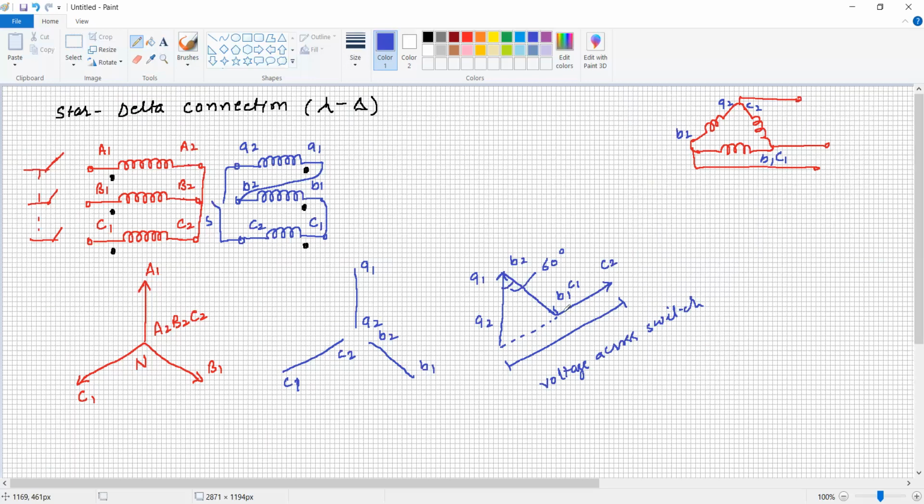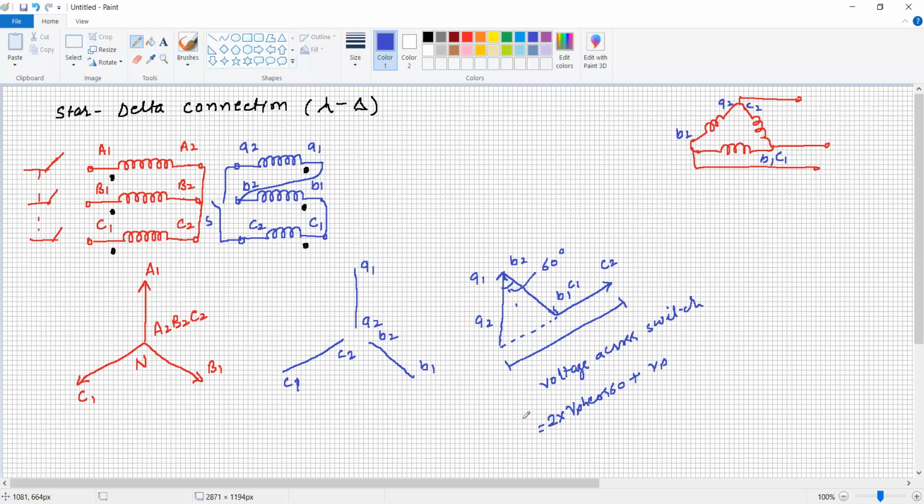Now what is that voltage? That voltage is equal to the voltage across this terminal, the C terminal, and it is at 60 degrees. So this part plus this part, it is equal to nearly 2 times V per phase into the sine of the angle, or it is 60 degrees. So this is also 60 degrees. So it is equal to 2 into V per phase into cos of 60 degrees plus V per phase. This is the voltage across the switch.